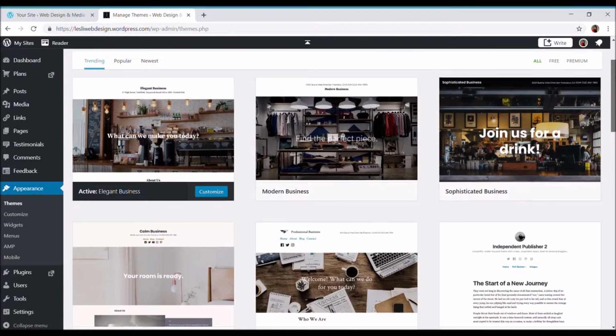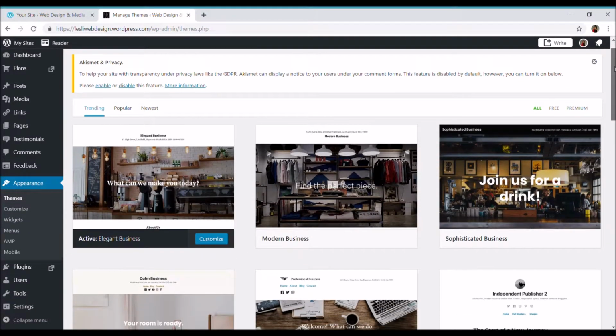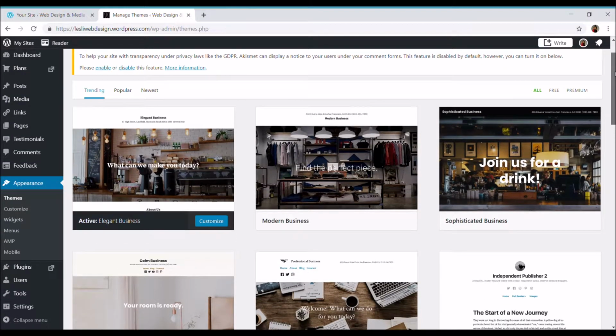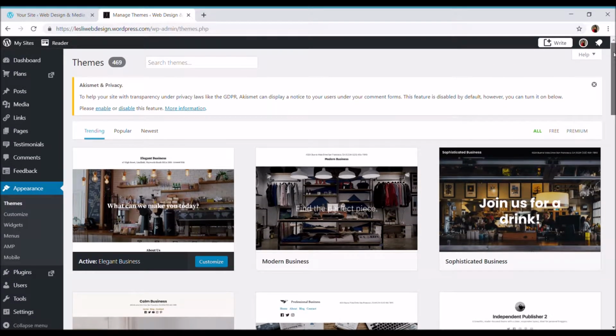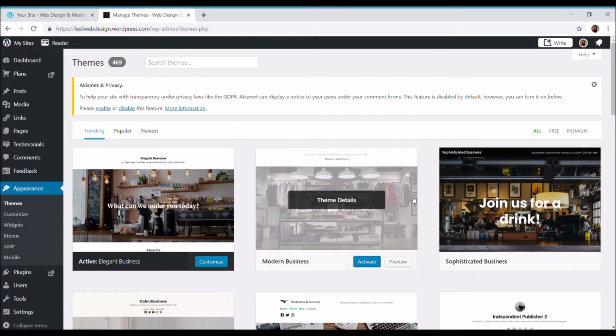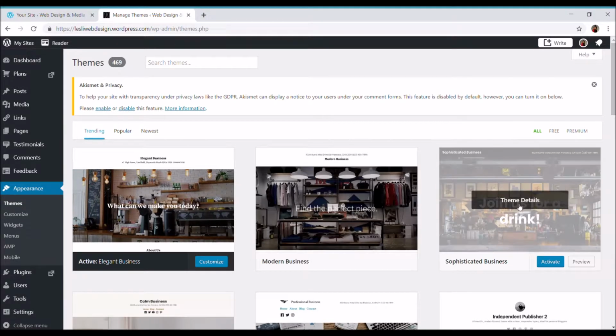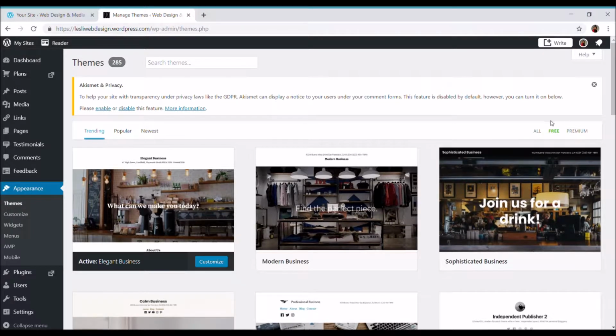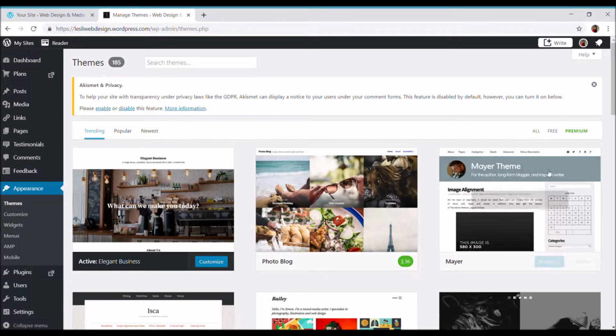This week it will be another WordPress theme. I did Lodestar a couple of weeks ago. I'm using Elegant Business right now, but I kind of want to look at these two, Modern Business and Sophisticated Business. I'm going to click on free right here. Premium obviously has different themes. I'll scroll down real quick just to see what they have in it. It will tell you how much it is, $36,